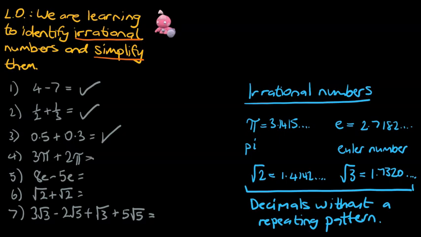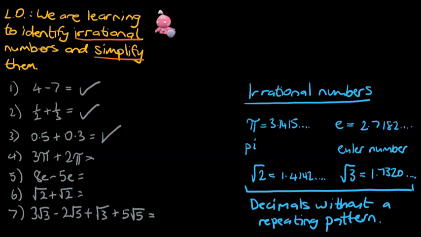So the first thing to note is we could put 3 pi plus 2 pi in the calculator and it's going to give you a mishmash of decimals. But inevitably we'll have to round these decimals. So you're not going to get the exact answer or a perfect answer. You're going to have an estimate of the answer. So instead of rounding it and putting it in decimal form, what we can do is we can just group